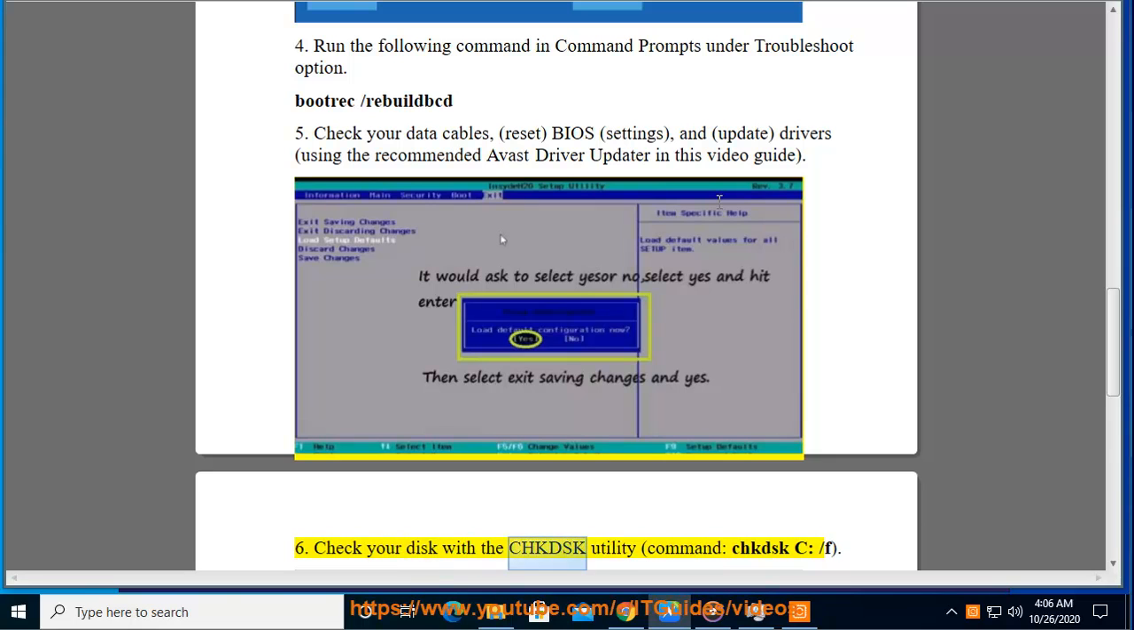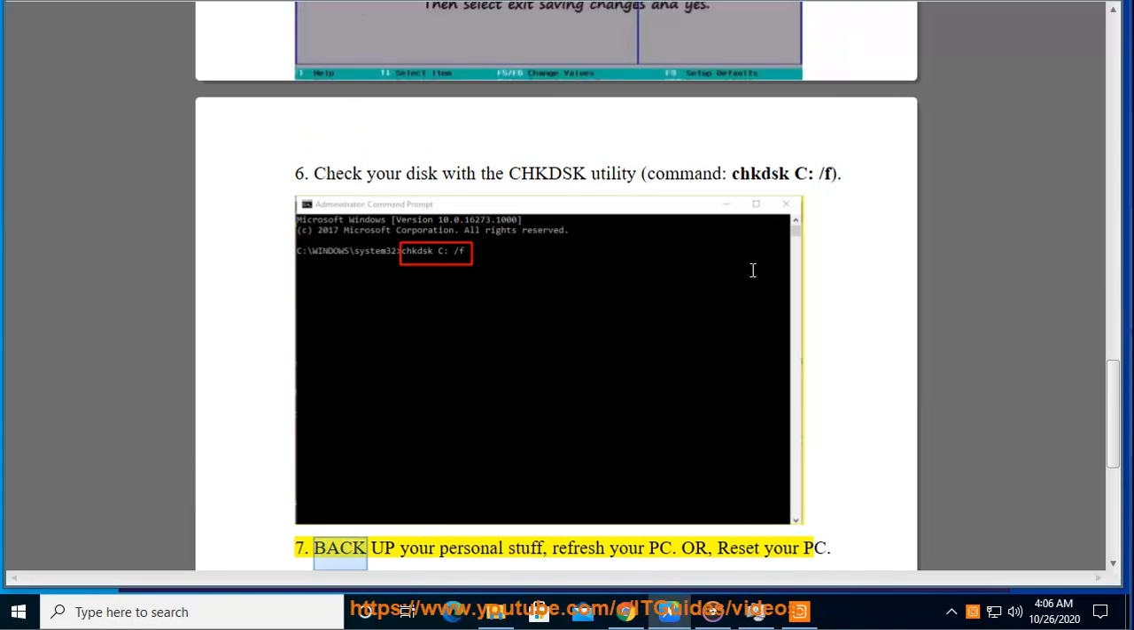6. Check your disk with the chkdsk utility command, chkdsk c: /f. 7. Back up your personal